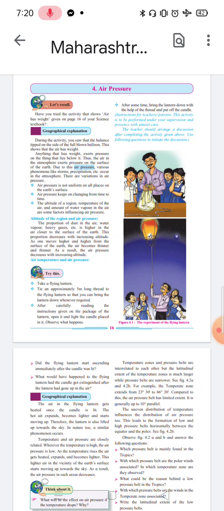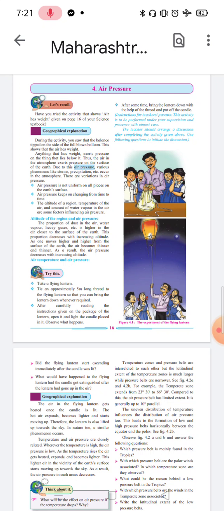Temperature and air pressure are closely related to one another. When temperature is high, air pressure is low. Means temperature and air pressure are also inversely proportional. Means as temperature increases, air pressure decreases. Why? As temperature increases, air gets heated, expands and becomes light. Light air which is near the surface of the earth moves towards the sky, and in that area air pressure decreases, means air pressure becomes low.